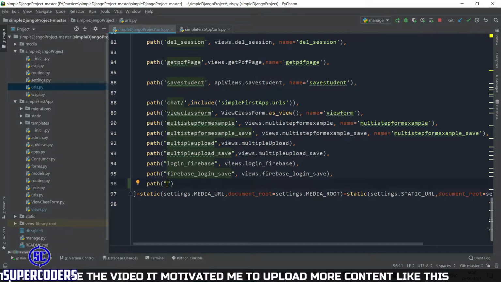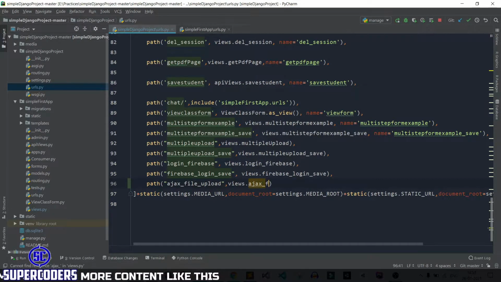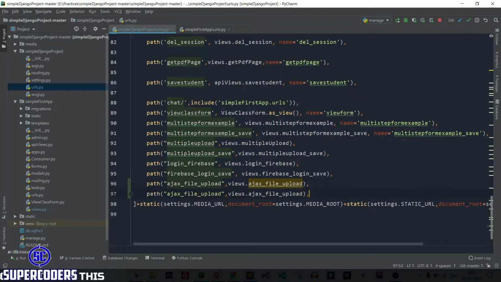After that path is our Ajax file upload. Then views dot Ajax underscore file underscore upload. Let's copy the same line again and this time change it to save. Also change this to save.